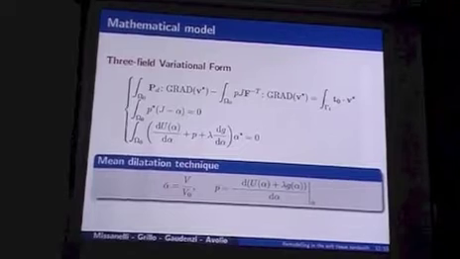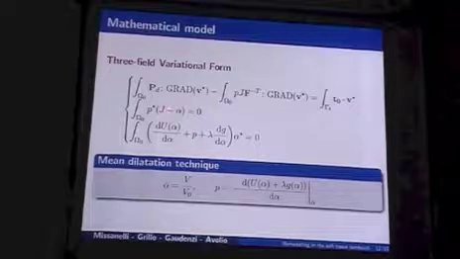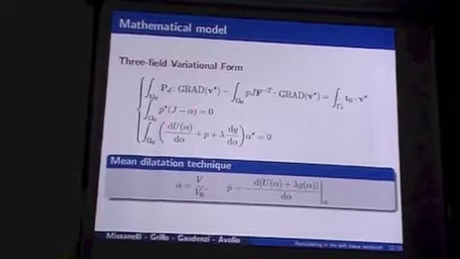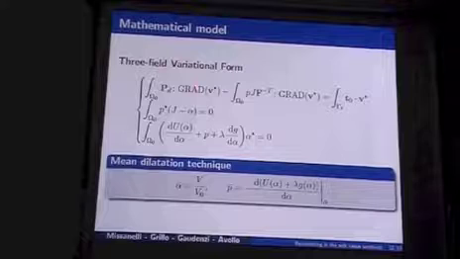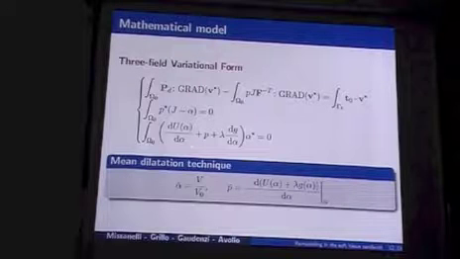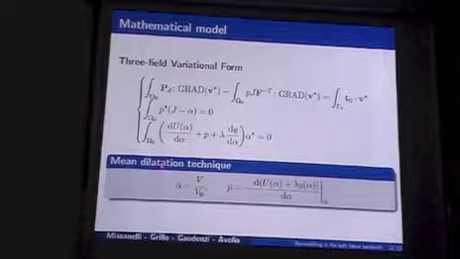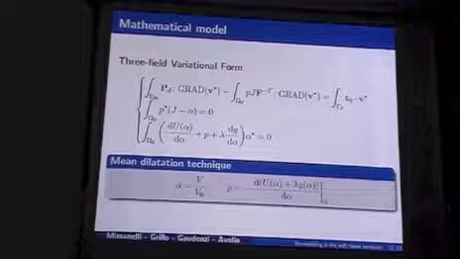Here we constrain the determinant of the gradient of the deformation to be equal to the volumetric parameter, and then here we constrain the pressure to be equal to the derivative of the volumetric part, but